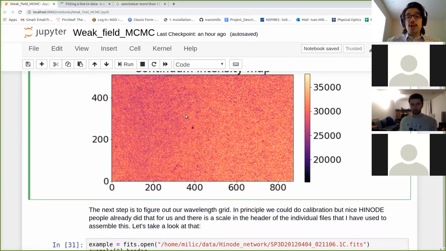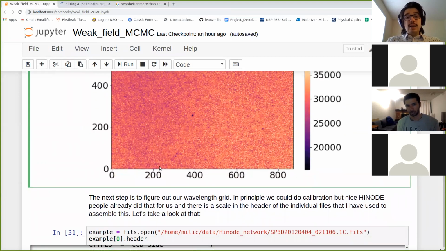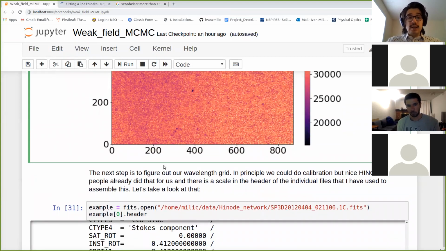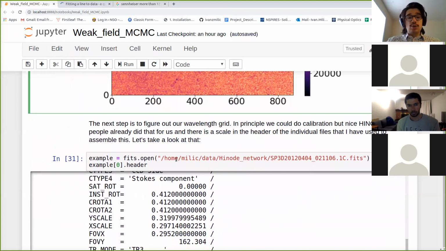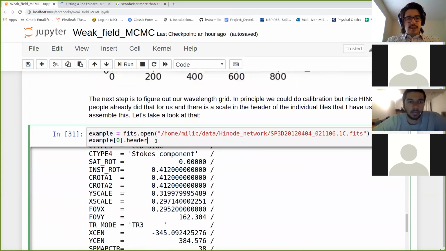The other thing is that we actually need the wavelength grid. And I have shown you in a hands-on few weeks back how to do a rough wavelength calibration yourself. Luckily for HINODE, we don't have to do that. So what I actually suggest is you download this other image, which is one of the individual slits of HINODE. I also uploaded it there, and then you can print the header using